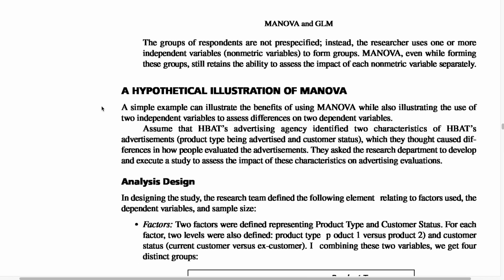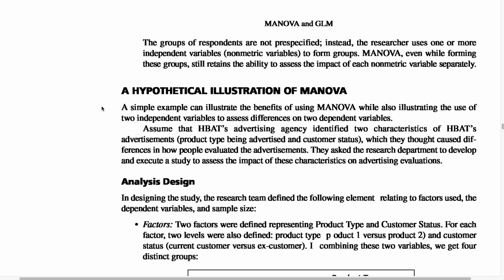Let's talk about a hypothetical illustration of MANOVA. A simple example can illustrate the benefit of using MANOVA while also illustrating the use of two dependent variables to assess differences. Assume that HBAT's advertising agency identified two characteristics of HBAT's advertisements, product type being advertised and consumer status, which they thought caused differences in how people evaluate the advertisement. They asked the research department to develop and execute a study to assess the impact of these characteristics on